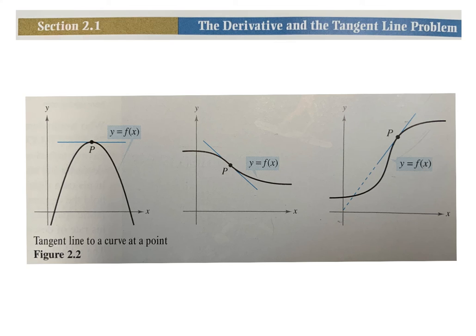For this one, we're going to start with the tangent line problem. You wouldn't think this would be a problem, but the tangent line problem derived from when you had a tangent line to something like a curve. So a tangent line, first of all, is something that touches at one point, which is easy when you think about